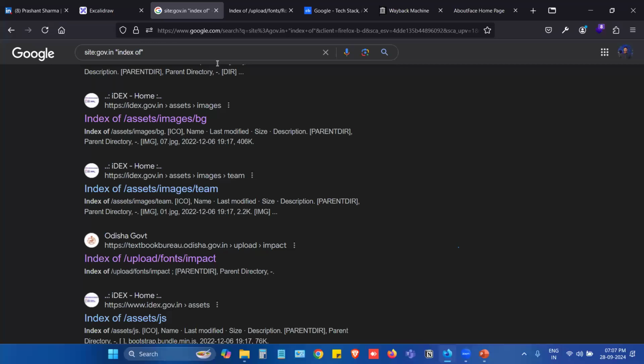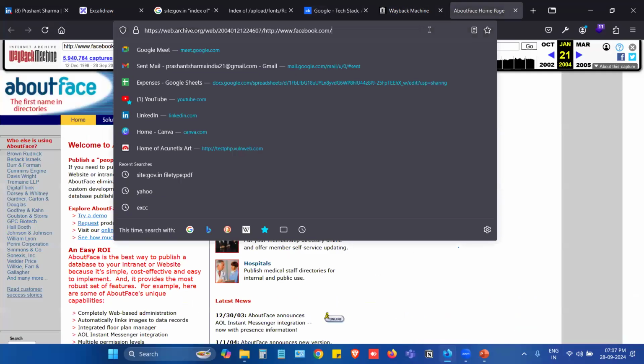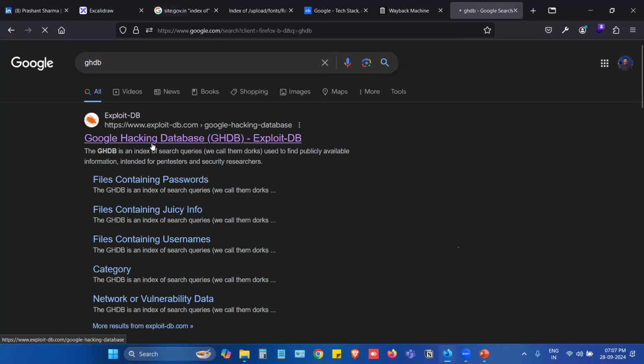about the target. There are many Google Dorks available, and usually I share the list of the Google Dorks, and I even help you to create your own Google Dorks as well. Okay, if you are successfully able to create your own Google Dorks, then what can you do? You can submit your Google Dorks on the GHDB. That's the Google Hacking Database. Okay,